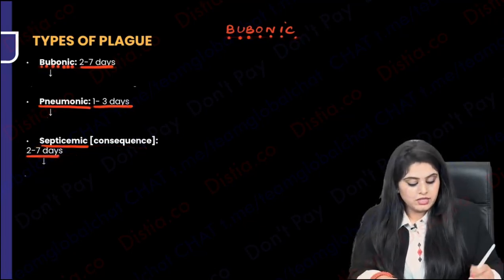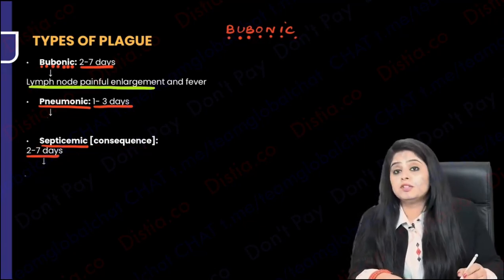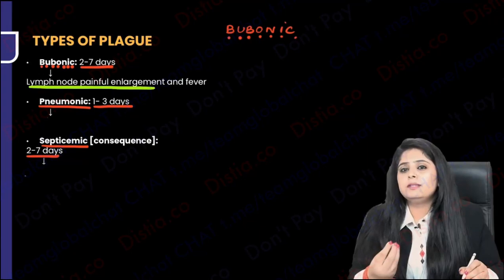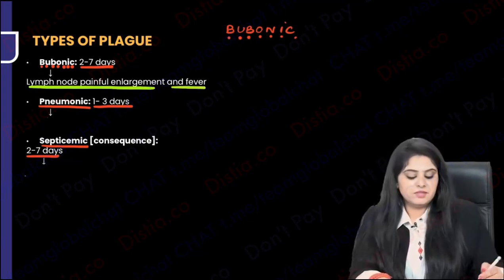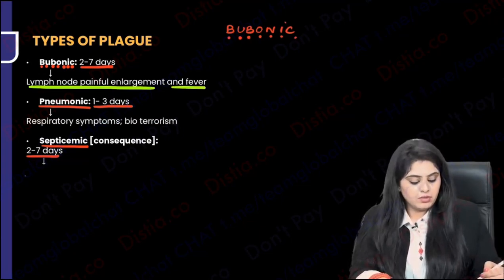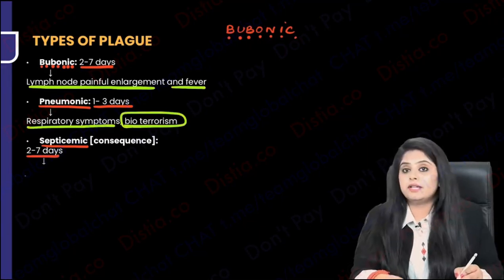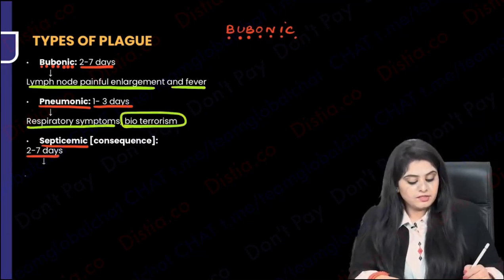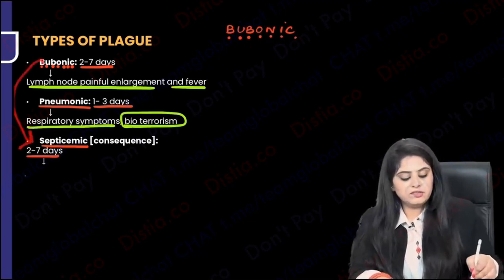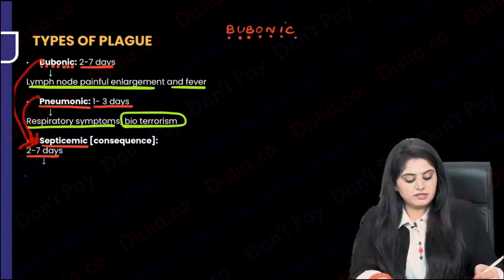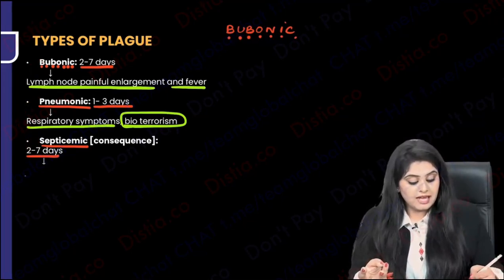So what is the bubonic plague? The bubonic plague basically means that there is a painful lymph node, bubo. Bubo is always a lymph node. Painful lymph node is bubo, and fever of course. Pneumonia, guys, come on, pneumonia we know is going to be respiratory symptoms, and this is associated with a bioterrorism agent. Coming to septicemia. Septicemia means ultimately even bubonic plague can go to septicemia, pneumonic plague can go to septicemia. Septicemia means the patient is going to have sepsis. Also, this is known as black death.